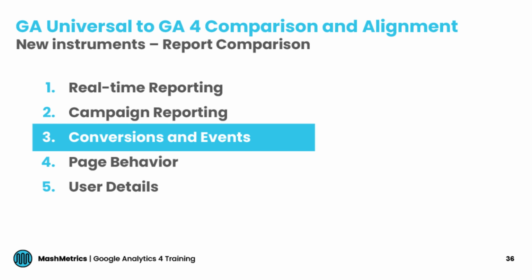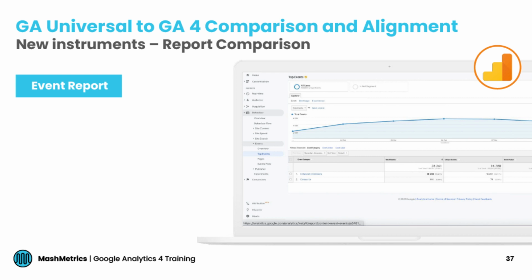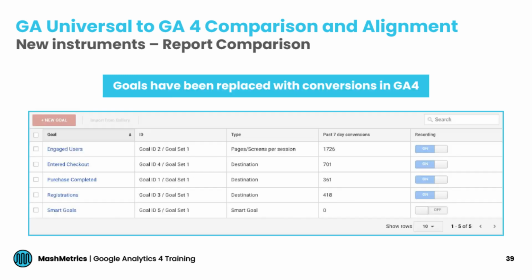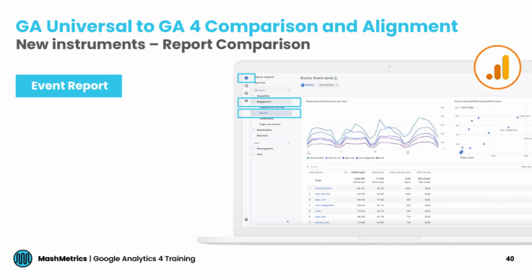Okay, so now to talk about events and goals, or the newly called conversions. The event report. Back in the old days, before the hybrid engine, we would have a limited set of parameters for events, an action and a label, which at times would make setting up our goals difficult, let alone collecting valuable meta information about the event. We were also limited to a single value. Well, times have changed. There's even a nifty event management area within the admin area. That being said, you can navigate to your events report